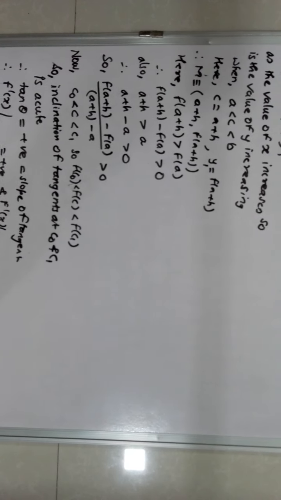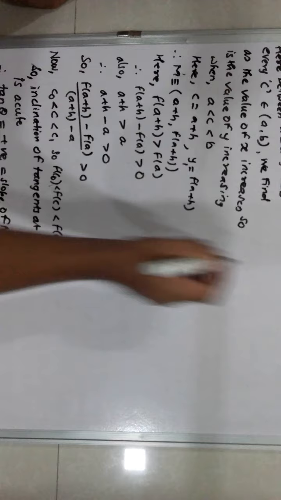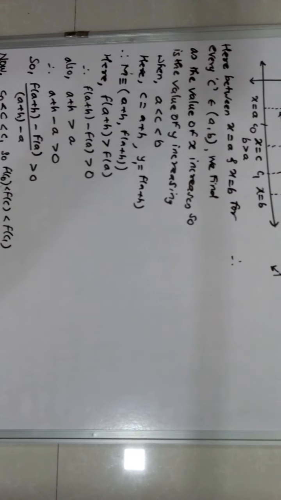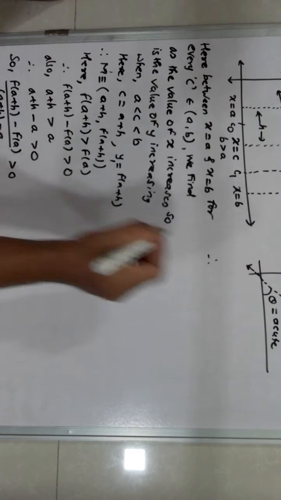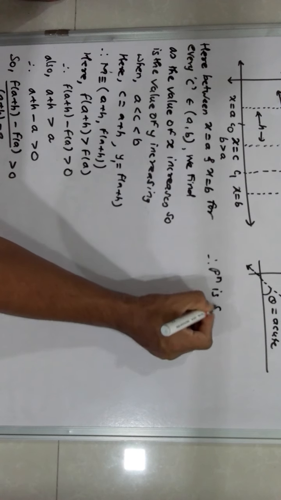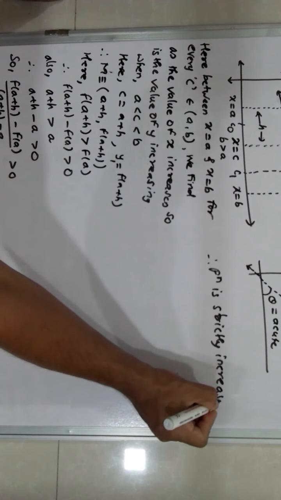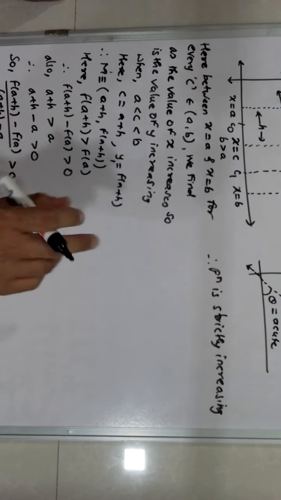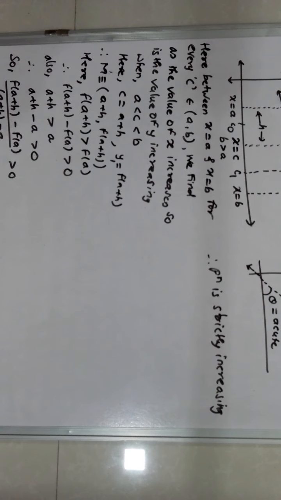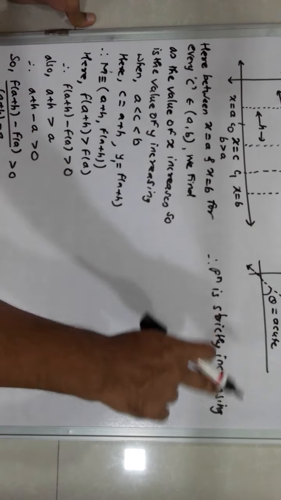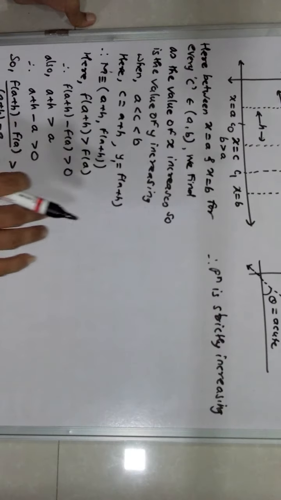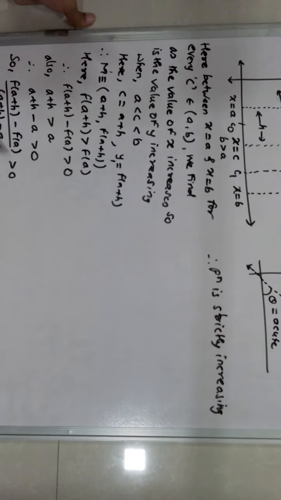if and only if. So therefore the function is strictly increasing. There are two different things. It is also called monotonic. Monotonic: mono means same, tonic means trend. So same trend, strictly increasing. So strictly increasing and only increasing, that we will see later on. Increasing also we will see, but here we are talking only about strictly increasing.